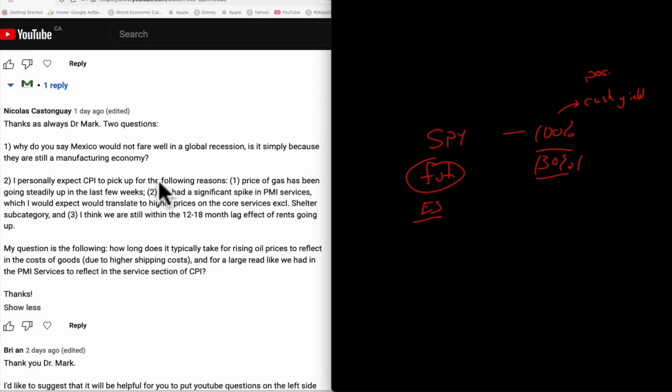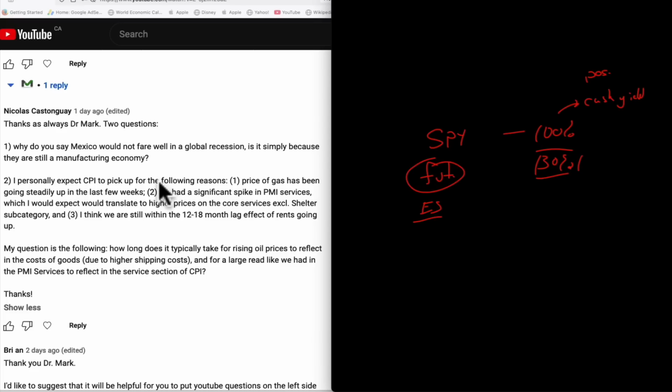Plus, the currency is too small. And if the currency is too small, it's not going to handle a lot of inflows without going up quite significantly. So in tough economic times, central banks, especially in developed economies, really cut interest rates. So their bond market would rally significantly, which is why it draws all that money in at the same time, because, hey, I'll hold government bonds and I feel pretty safe. But in a recession, maybe certain economies' government bond market might not be the safest. Even if they are, they might not be perceived that way, and Mexico is not known as a safe haven currency, so it wouldn't fare well.